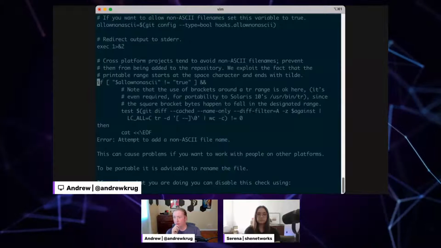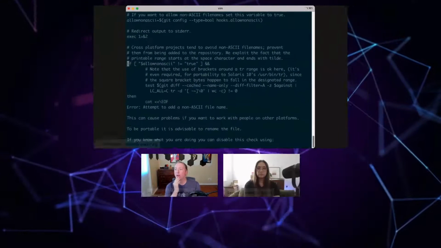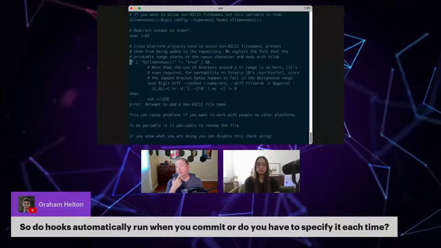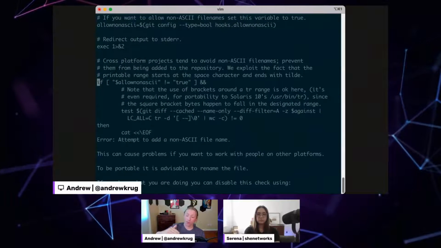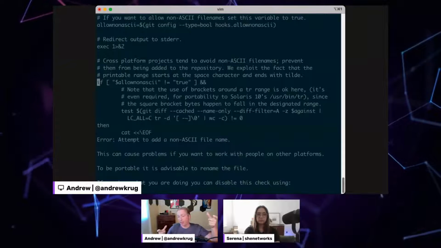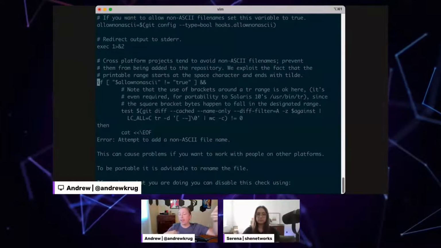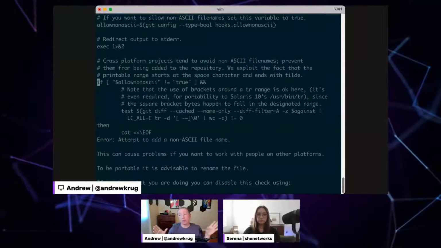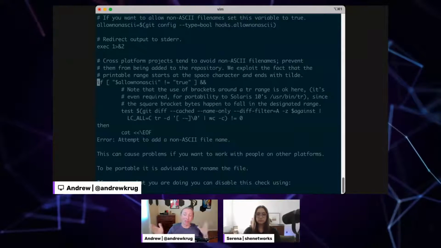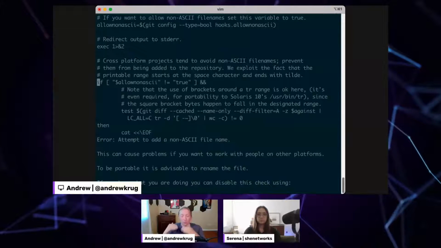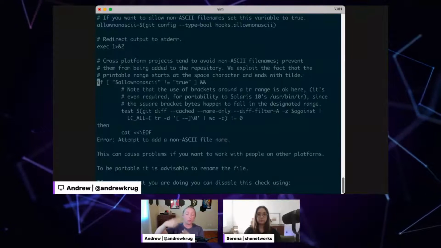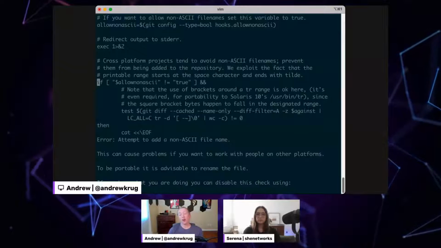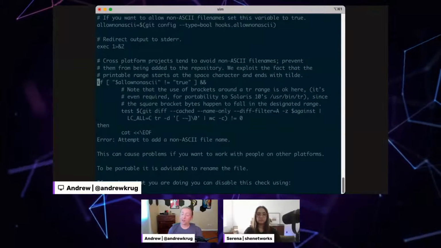There is an audience question from Graham. Do hooks automatically run when you commit, or do you have to specify it each time? You only have to install the hook once. And then once you install the hook on your local, because Git works by syncing up binary diffs from local to the remote, this is going to run every time you commit local. Now, some people go belt and suspenders with this too in their CI/CD workflows, and they put pre-commit hooks on the dev machines, and then they'll also put in a post-commit Git action that rescans the code just to make double sure that no credentials have actually made it into the source code repository.